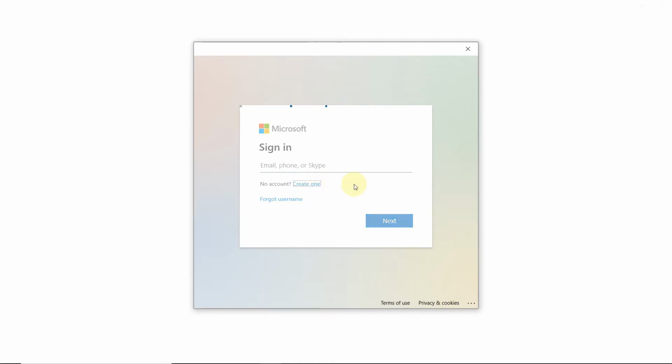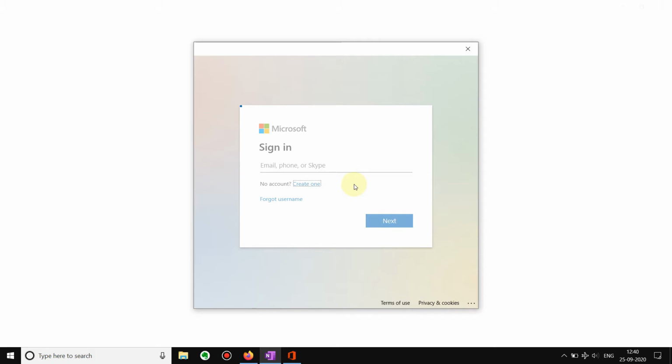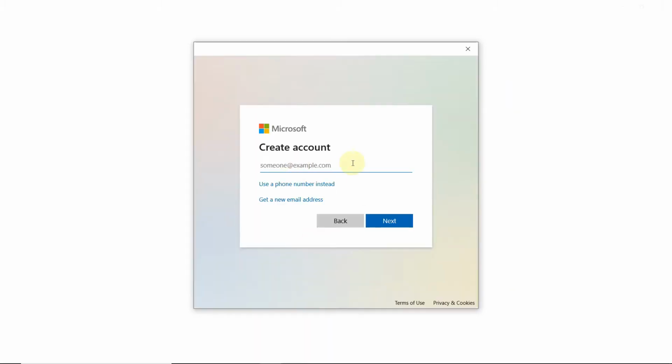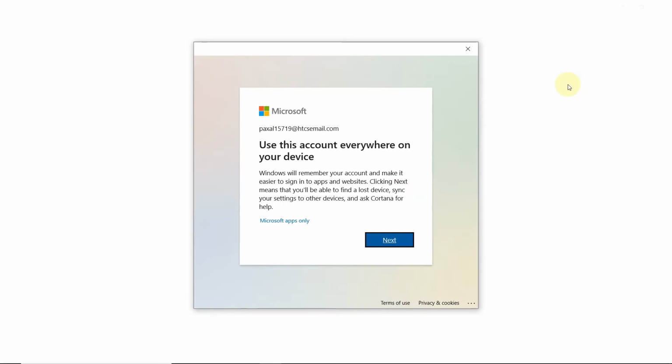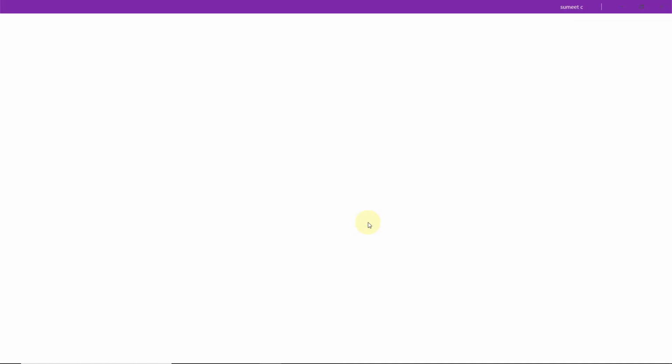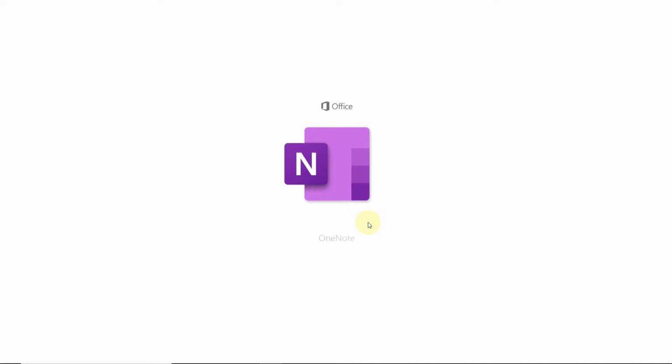So I have started my account creation. You should give your mail ID and then it will ask for some permissions and a confirmation code in your mail. Such usual things will go simultaneously. And then the OneNote main interface opens up. It's a very clean looking interface. I think it is better than Evernote. The fonts and the layout are very good. So let's see what it has in store for us.